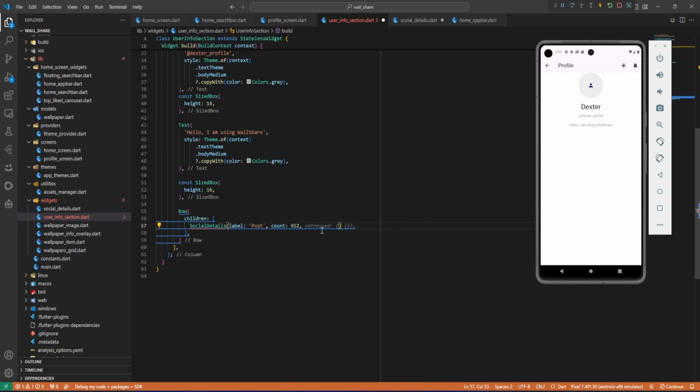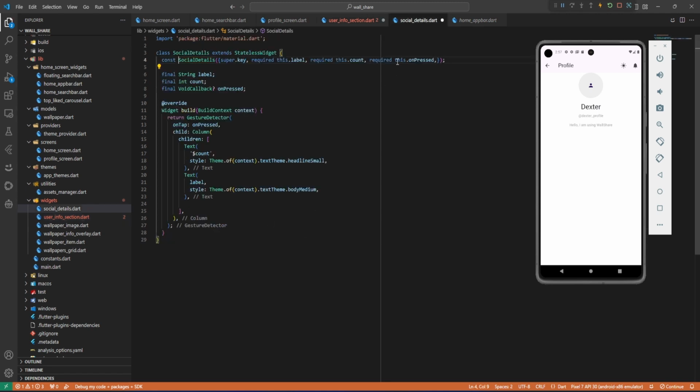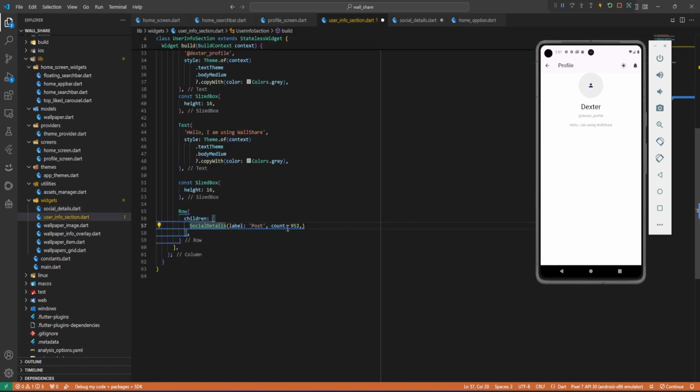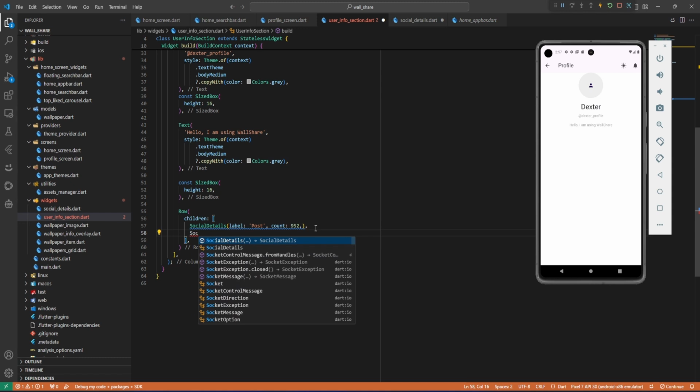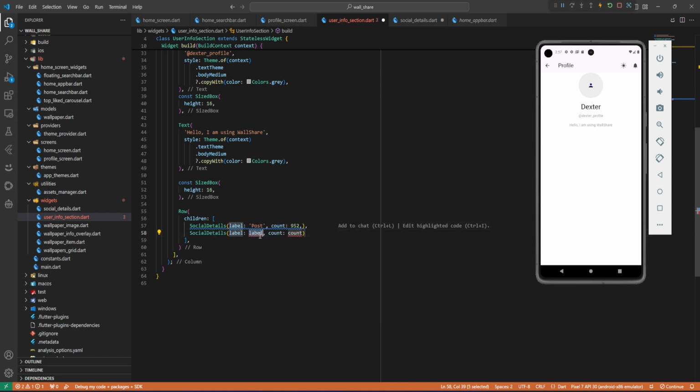Okay, so we've put it as required. So let's go back here and then let's just do this dot on pressed. Okay, so that it's not required, we can just get away with it without putting anything. Okay, so also now after this one we want to have the following. Okay, so let's do again social details. Here we're going to have